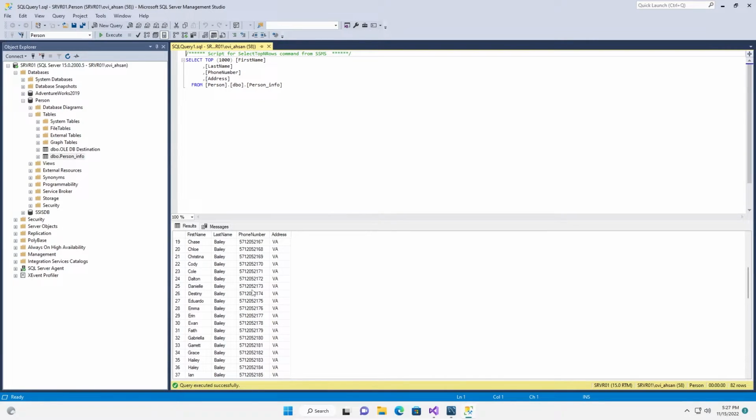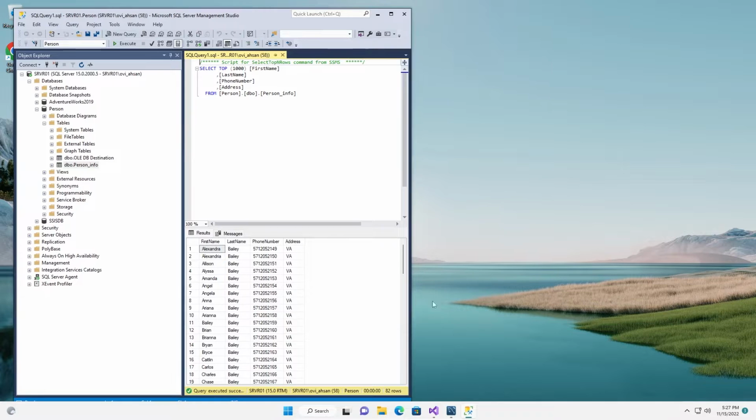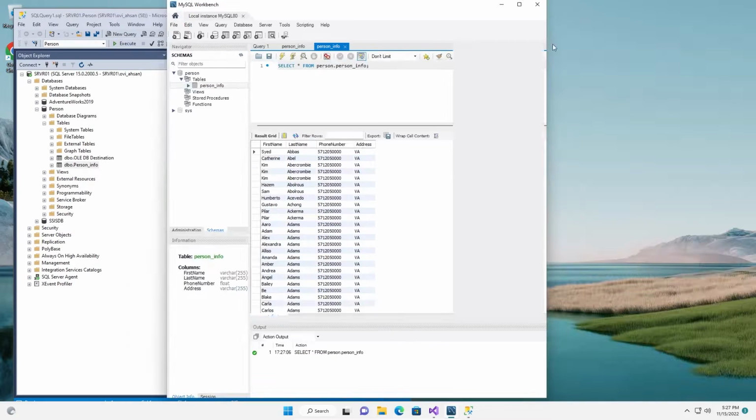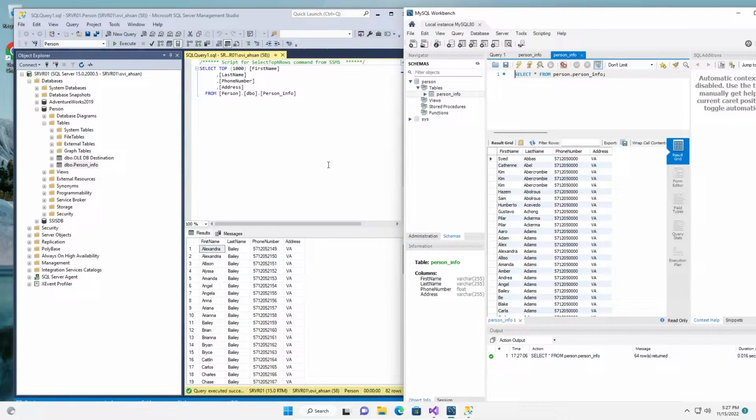So if you want to combine this information and the MySQL information in a single format, it could be Excel, a flat file, or SQL Server, then how can you do that? It's very simple.